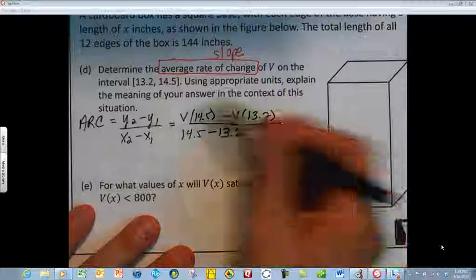So we'll have 14.5 minus 13.2 in my denominator. The corresponding y values are found by evaluating the original function at 14.5, subtracting from that the original volume evaluated at 13.2, and the numerical value to this expression